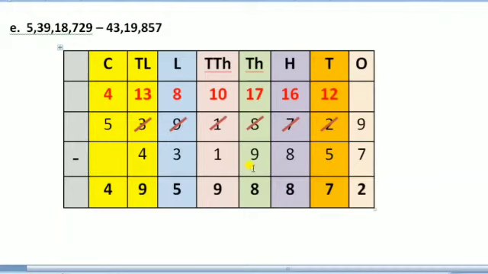7 minus 9. Now 7 minus 9 not possible. Again 7 will be going to the next column and then asking 1 to lend 1. So when 1 lends 1 to 7, 7 becomes 17, and here nothing will be left, so you write 0. Now from 17, when 9 is subtracted, it becomes 8. So we will be writing 8 here.